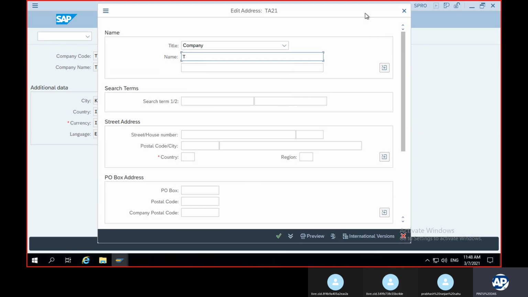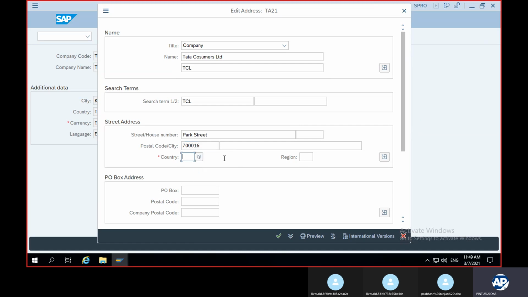Name of the company, Tata Consumers Limited. TCL. Search term, you can also give TCL. Street, Park Street. Postal code 700016.